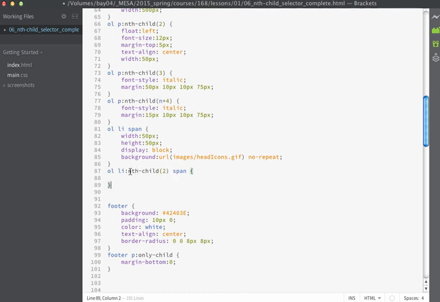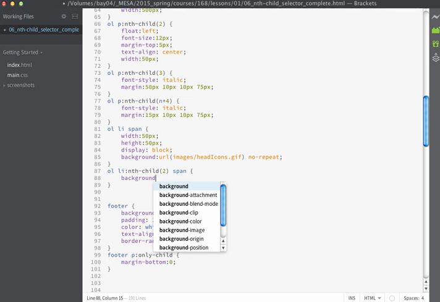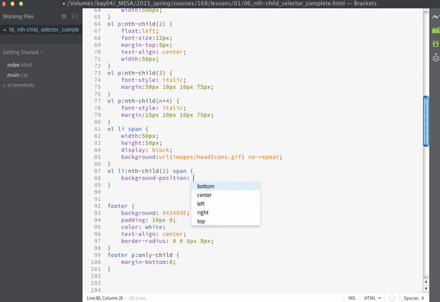So this is now going to affect the second list item, and we're affecting the span tag of the second list item because we're being more specific with our selector. So we're going to use the CSS property of background position, and we're just going to set the horizontal position to 0. We don't want to change that, but the vertical position we're going to offset by -50 pixels, which is going to